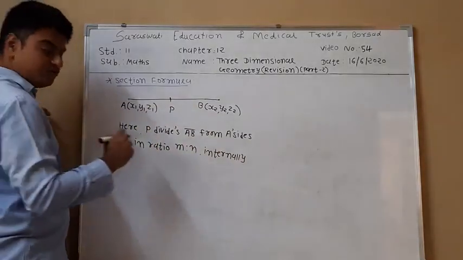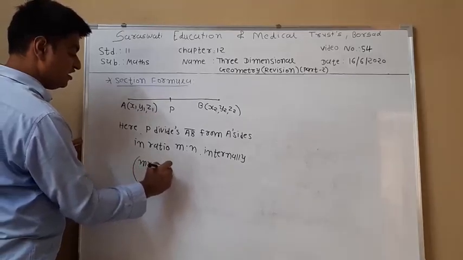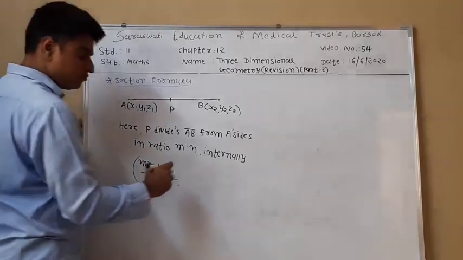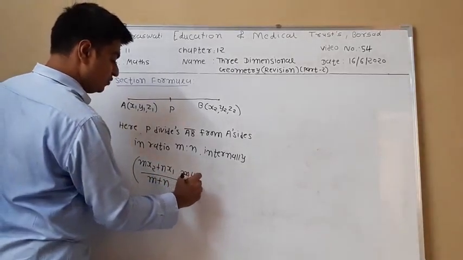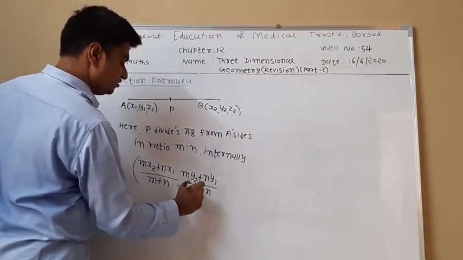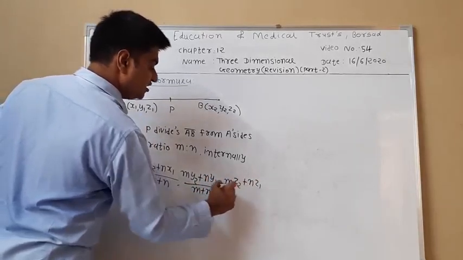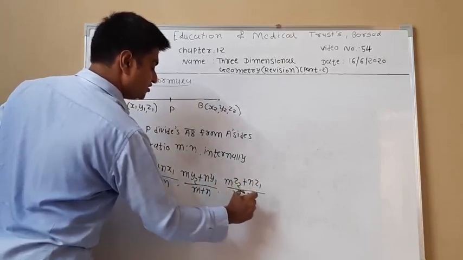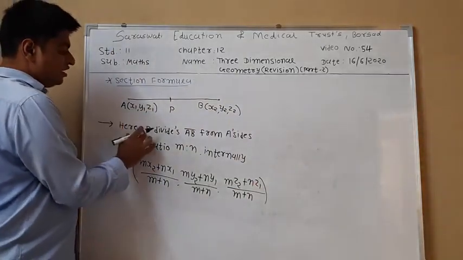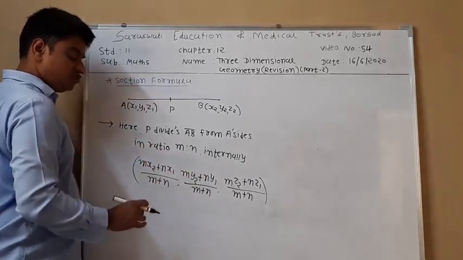So here we get the formula: (mx2 plus nx1) upon (m plus n), comma, (my2 plus ny1) upon (m plus n), comma, (mz2 plus nz1) upon (m plus n). Clear? Now in another case, P divides line segment AB from A side in ratio m:n